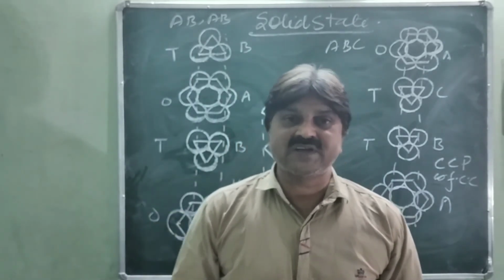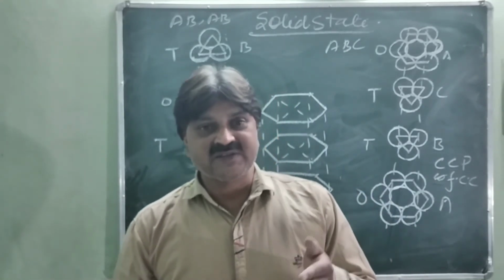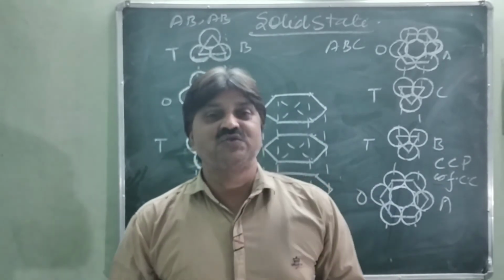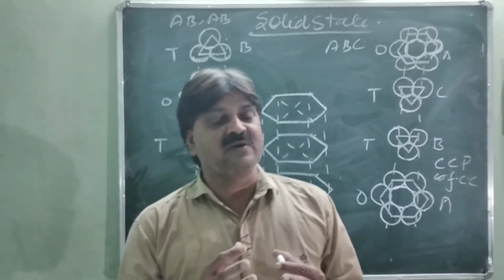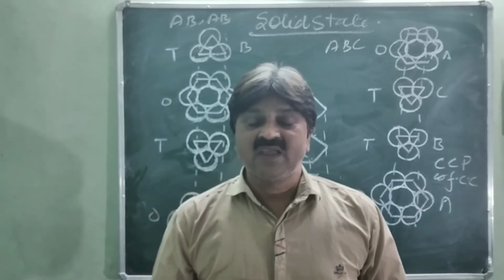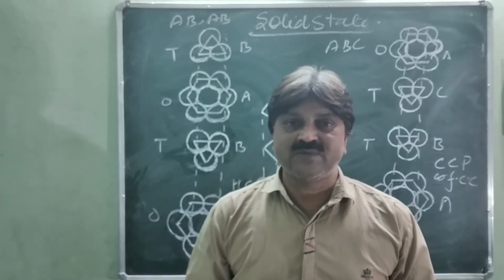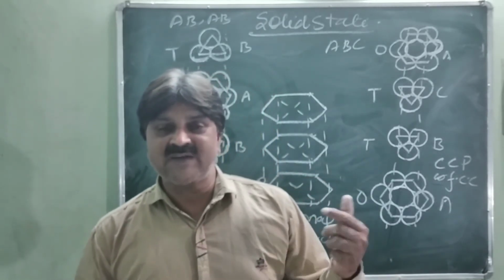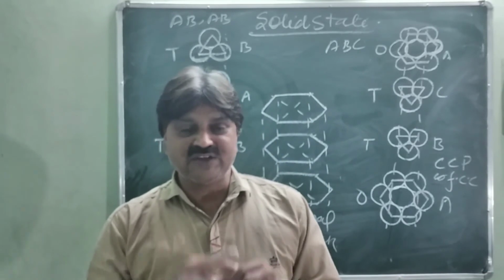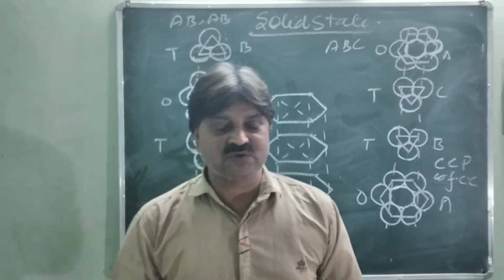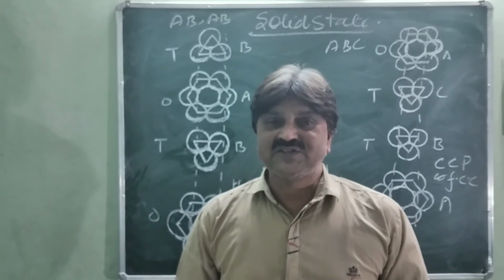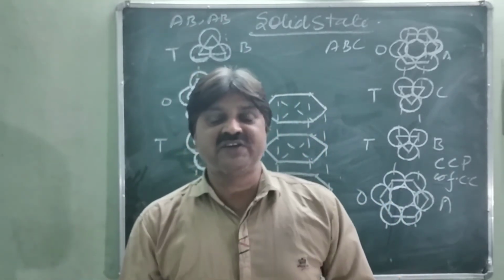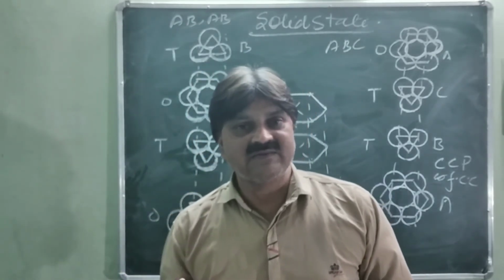Third, the 3 dimensional close pack structure, by placing the second layer over the first layer and the third layer over the second layer. This way you can arrange the 3 dimensional close pack structure. The first one is a 3 dimensional close pack structure from the 2 dimensional square close pack structure. You can see the same way AA type of structure is created 3 dimensionally, and in square close pack 4 atoms touch each other. Another is placing the second layer over the first layer, where 2 types of voids are created, tetrahedral void and octahedral void.